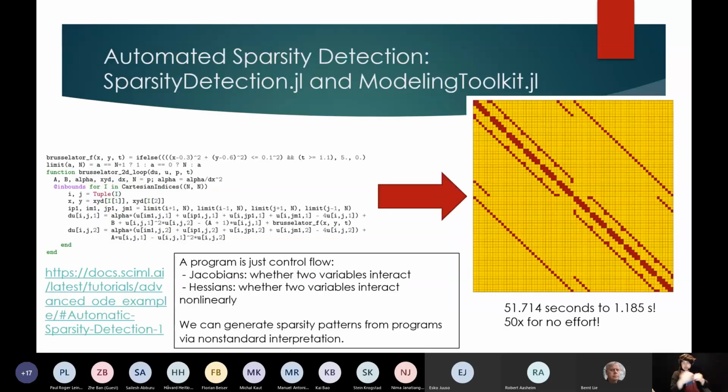And this is quite general. So you can write down, for example, a discretization of a semi-linear partial differential equation, and we can use these compiler tools to automatically detect the underlying sparsity pattern of your Jacobian, and then reduce the effort to solve this equation by 50 times. And this is actually one of the examples in the second tutorial of the differential equation solver library. So these days, a lot of people are not having to write down sparsity patterns to get the full efficiency, right? Sparsity patterns and all these kinds of things can come for free from automated program analysis.